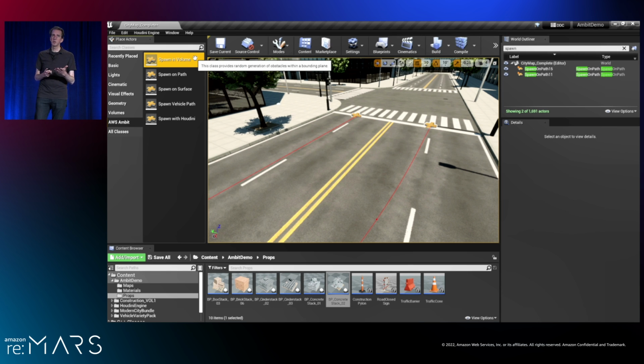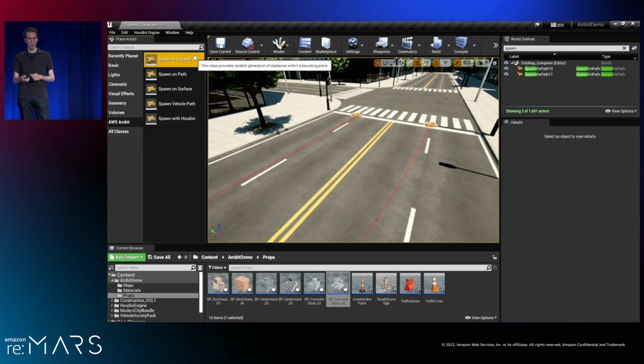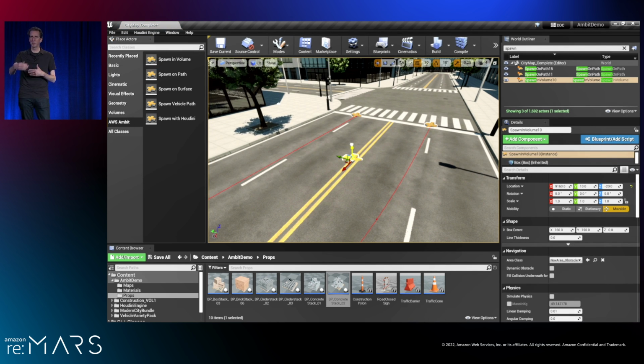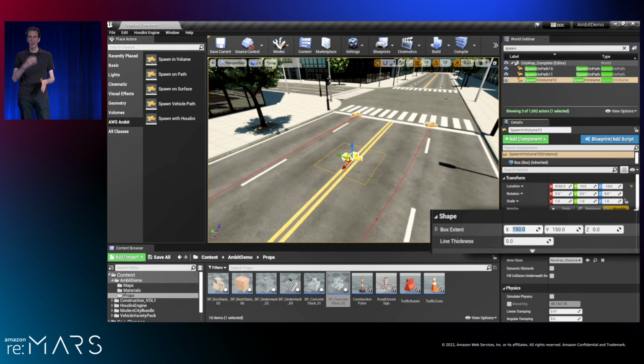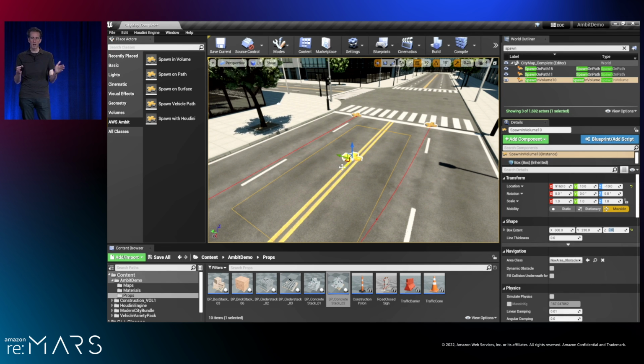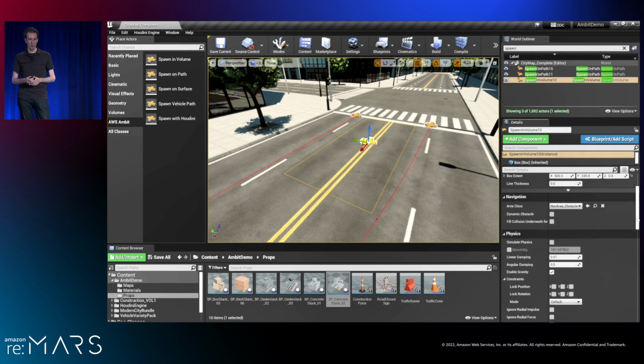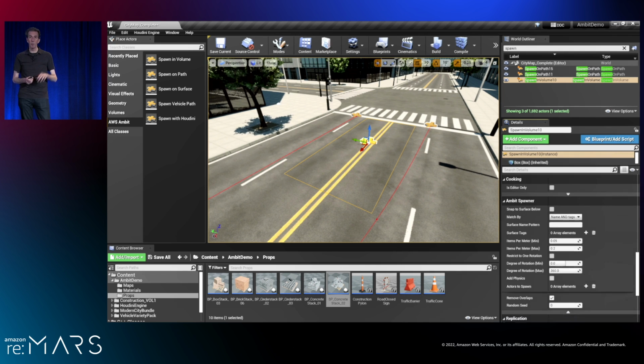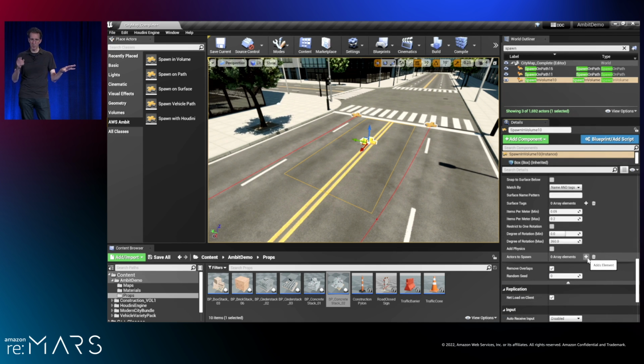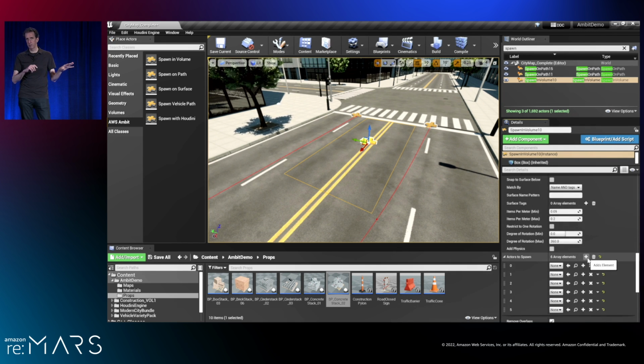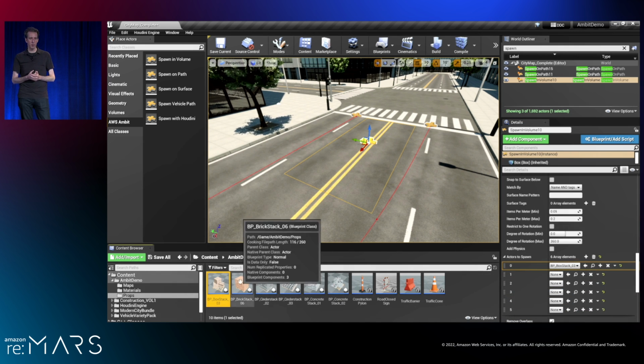So the next tool I want to show you we call Spawn in Volume, and this just lets you place a 3D volume, a box, in your environment within which items can be placed. So this will be very handy for us to create that sort of staging area in our construction zone where all of that construction material gets placed. So I'm going to set a width and a depth bounds here. We don't need any height to it for this particular example. And I want a lot of different items in this section. So I'm just going to add a bunch of different slots for things that can get created and added to our scene.